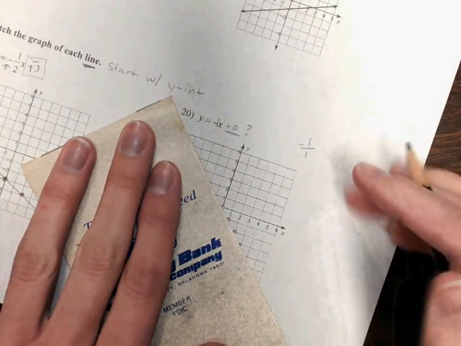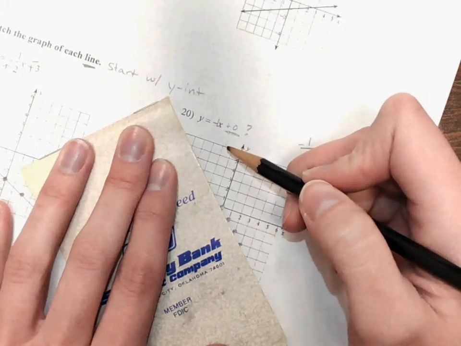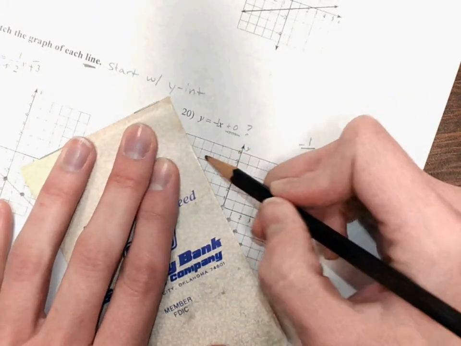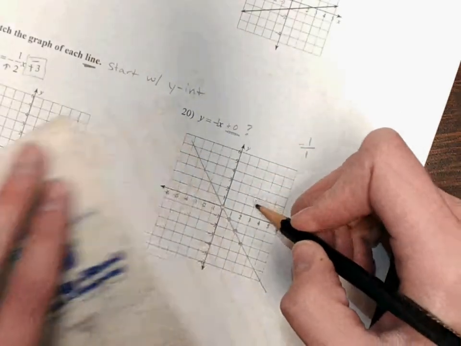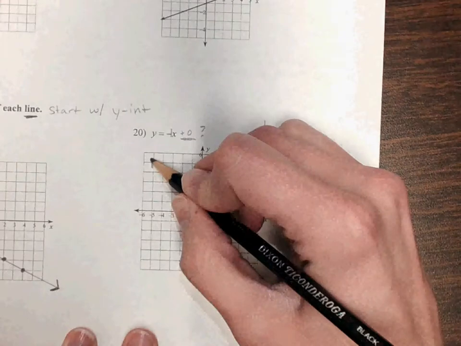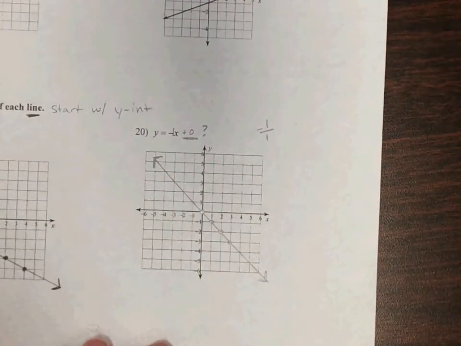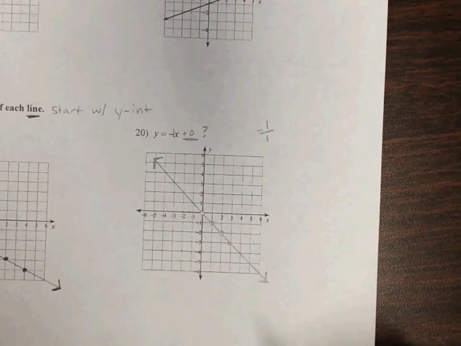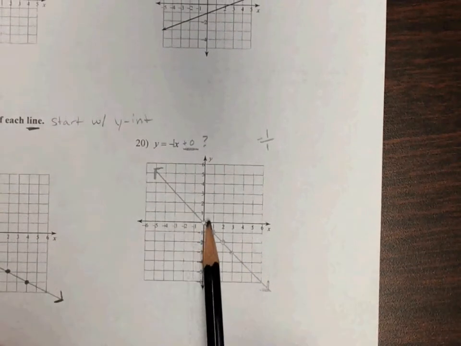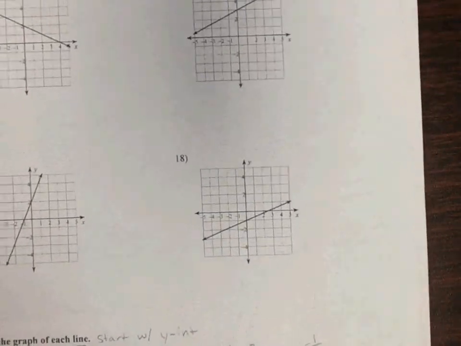So I'm going to connect mine with my not ruler, but you guys all have a ruler because you got one off the supply board, like it says in the can. Okay, it's not done yet because it needs arrows. So I have a line. I've done my points. I use my y-intercept, and I use the slope to then do rise and run or fall and crawl. If you turn over to the next page,